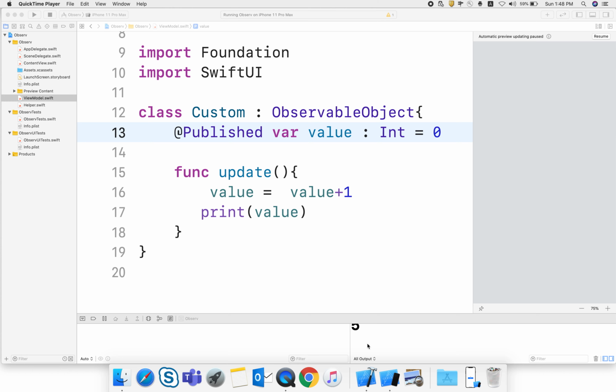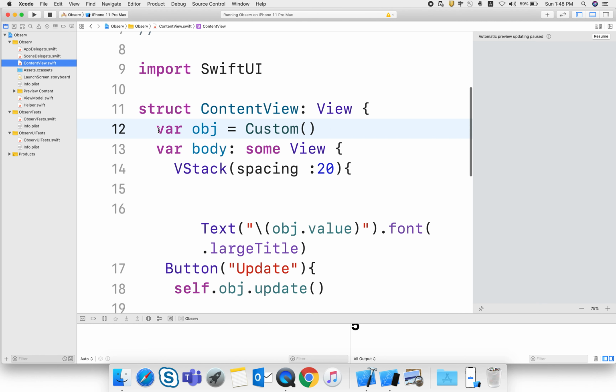So whenever an object with a property marked @Published is changed, all views using that object will be reloaded to reflect those changes. And here in the ContentView, I am using an @ObservedObject property wrapper,